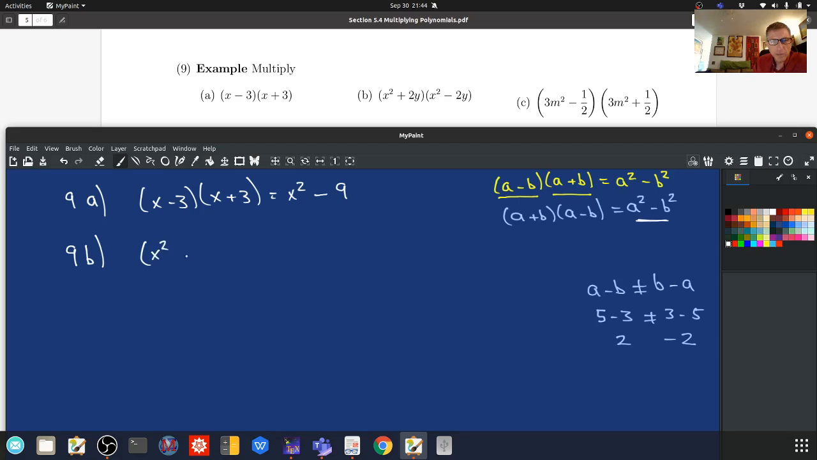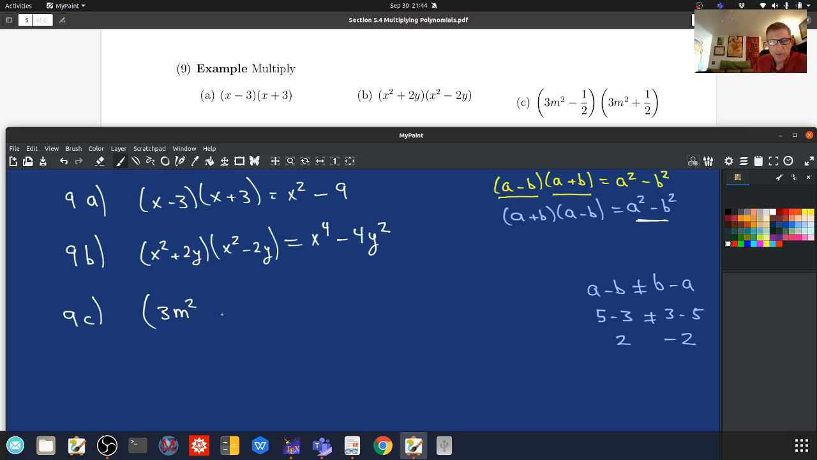x squared plus 2y times x squared minus 2y. Now, of course, you could just go ahead and FOIL these out, but isn't it so much easier just to say x squared times x squared is x to the 4th, minus 2y times 2y is minus 4y squared. And 9c, especially when we have fractions,